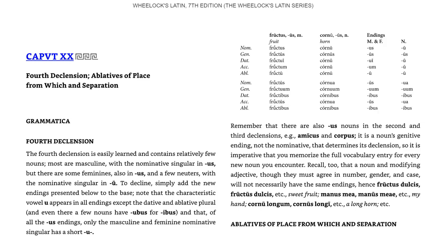Okay, so we're going to start with Caput Viginti, chapter 20. Again, it's my understanding you either did this chapter or this is where you left off, but either way, we're going to pick it up here. So if you already know this, great. It's a chance to review. Just like sports, LeBron James shoots free throws every day. Golfers practice their putting every day, and because learning a language is a skill, if it is review, it's probably not a bad thing. So you can see the grammar in this chapter is fourth declension, ablatives of place,